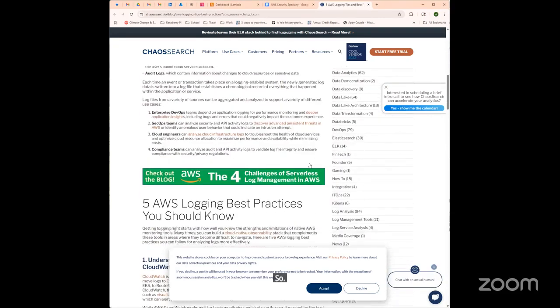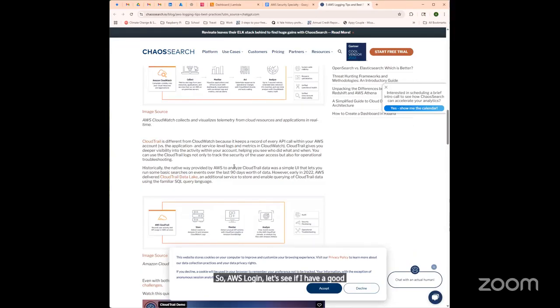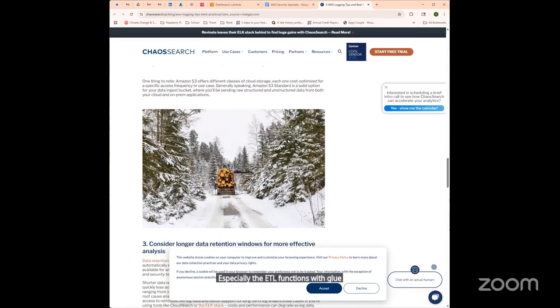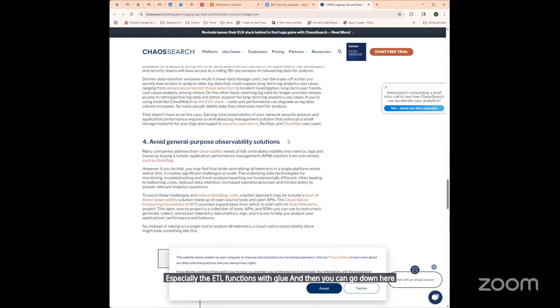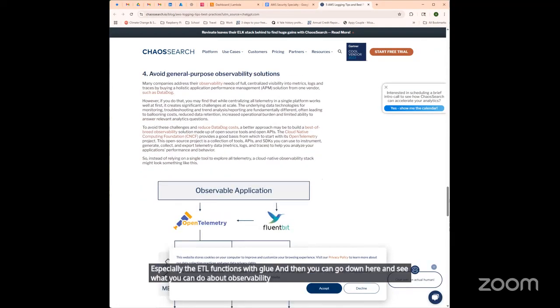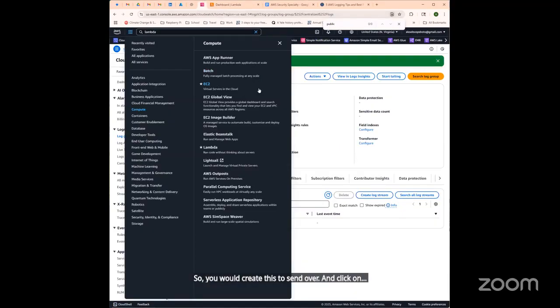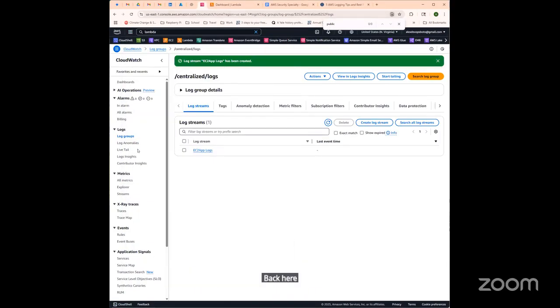So AWS Logging, let's see if I have a good image from this. Well, these are walkthroughs. All right. So this will give you an idea of what some of the Lambda will do, especially the ETL functions with Glue. And then you go down here and see what you can do about observability within this, right? So you would create this to send over and click on CloudWatch again, back here. And you would go back to,